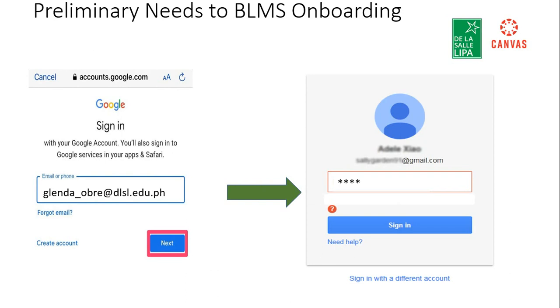And then you will be asked to type the password that was provided to you, but you have to make sure that the password will be changed, and that you jot down the password in your notebook or on any paper and keep it so that you will not forget it. Okay, or type it in your notepad on your cell phone. And then the next thing that you are to do is to click submit. So after clicking submit,